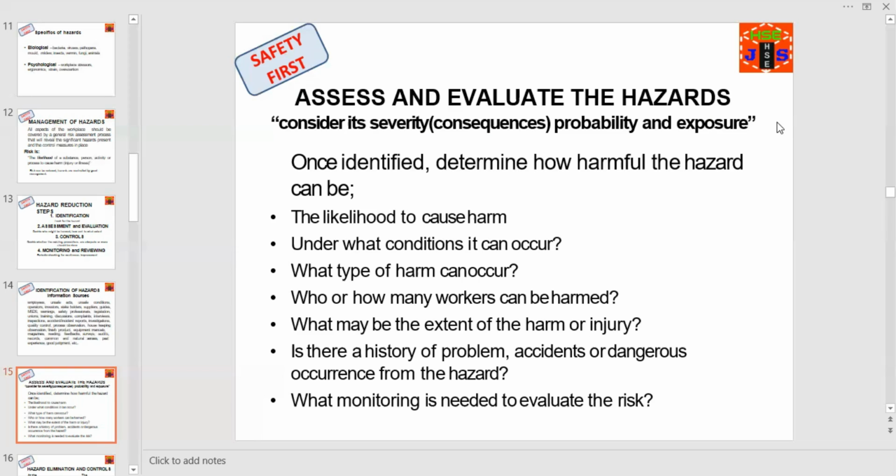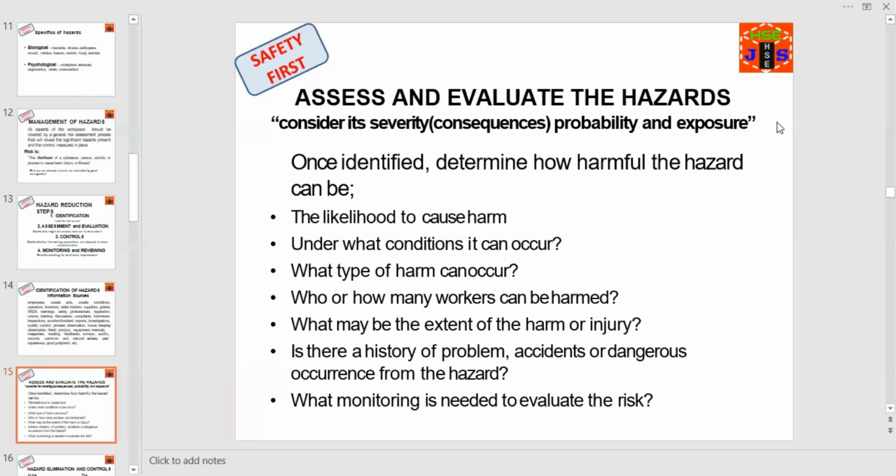Step number two, assess and evaluate the hazard. Consider its severity, consequences, probability, and exposure. Once identified, determine how harmful the hazard can be, the likelihood to cause harm, under what conditions it can occur, what type of harm can occur, who or how many workers can be harmed,